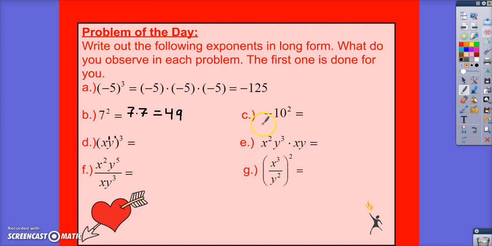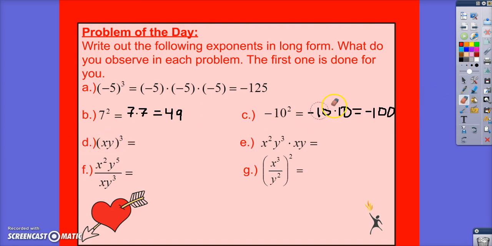And C, be careful here. C and A are different. You see how in A there's parentheses and in C there's not? That means I just write the negative once and I only write 10 twice, which gives me -100. So there is a difference between C and A, just so you know. D, it's understood that each power is 1. So for this one,